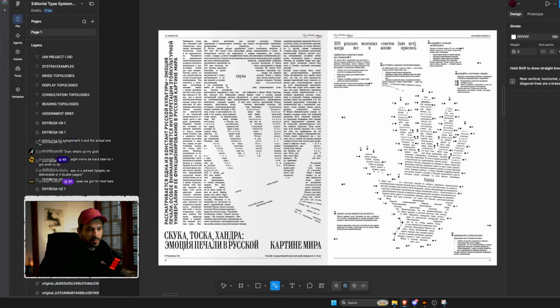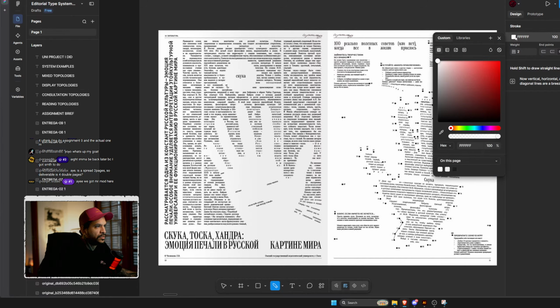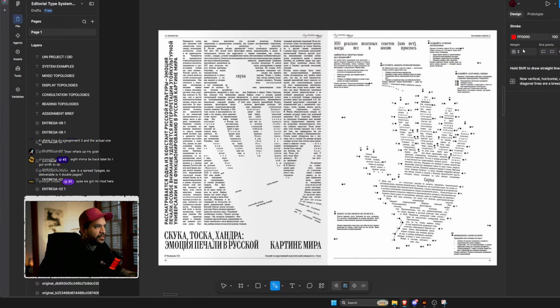So maybe in something like this, this would be a hierarchy level. Why is it white? How can I change the color? The red, and let's give it more weight. Okay, something like this, right? So maybe this would be one hierarchy, right?